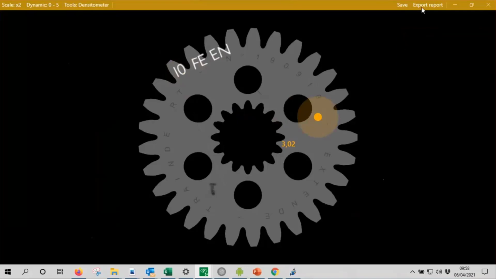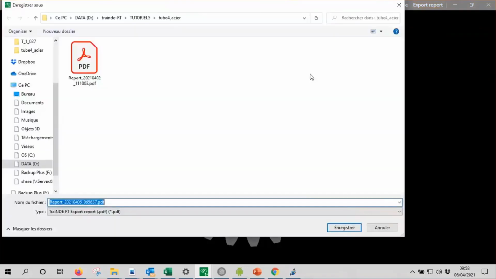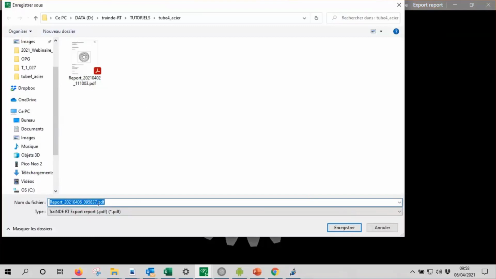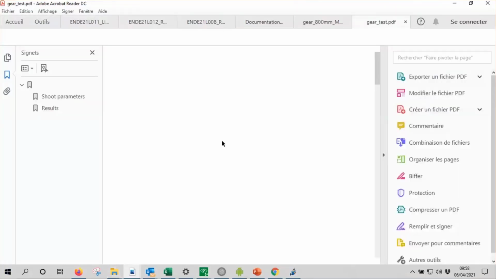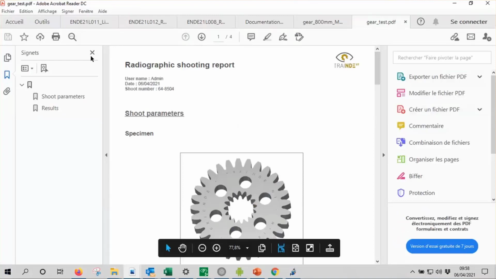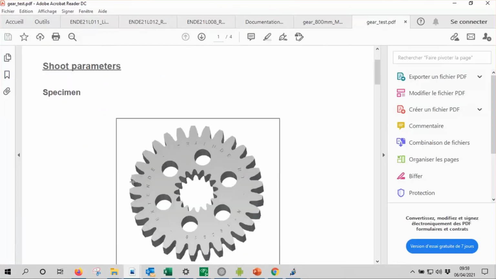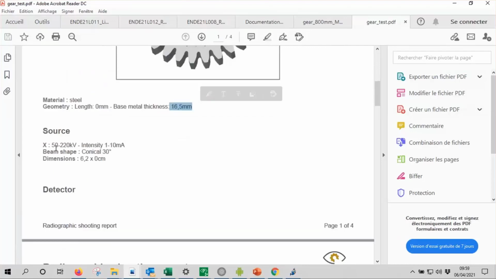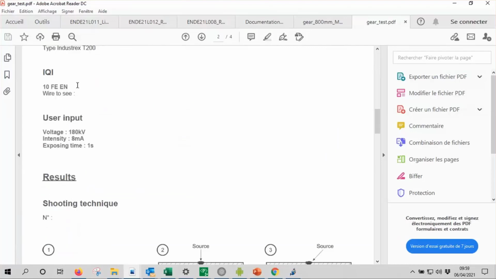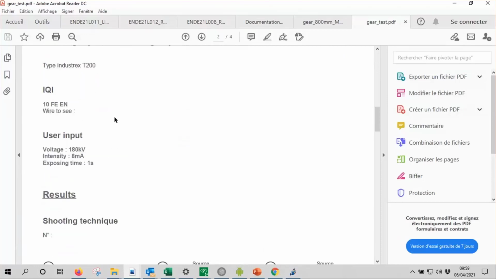You can also here, something I did not mention yet, export. You can create a PDF. Okay, and you see here that you have a PDF report. So you see here the part, the geometry, so here 16.5, the source that we use, the detector, the IQI, and then this export, you can print it, and then based on the standard and so on, you can fill